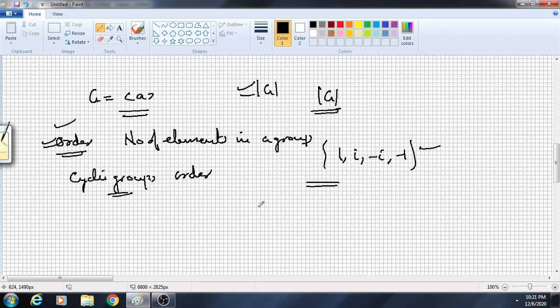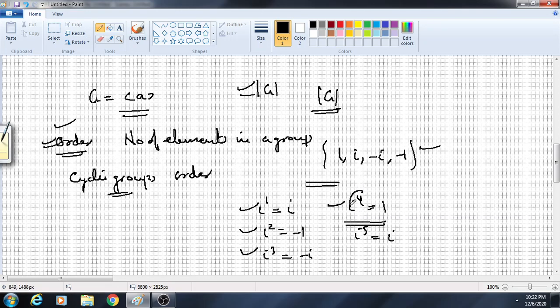I am going to take the generator. What's the generator here? Here the generator is i. So what is i raised to 1? i raised to 1 is i. What is i square? It is minus 1. What is i cube? It is minus i. i raised to 4 is equal to 1. i raised to 5 is equal to, again, I am repeating the process again and again. Here you can see that i raised to 1, i square, i cube, i raised to 4 are all different. When I took i raised to 4, I again obtained the identity. So when I take more and more powers, I will be repeating the same pattern over and over again.